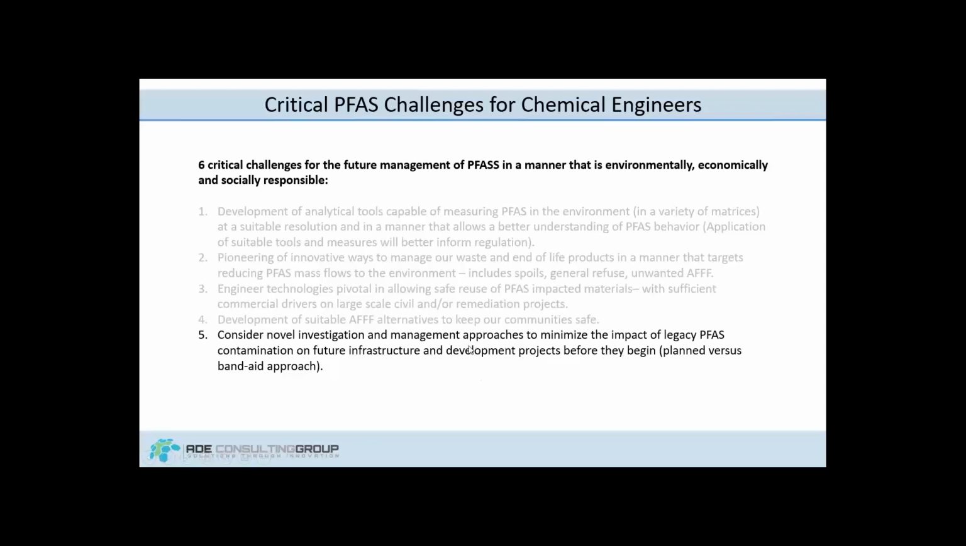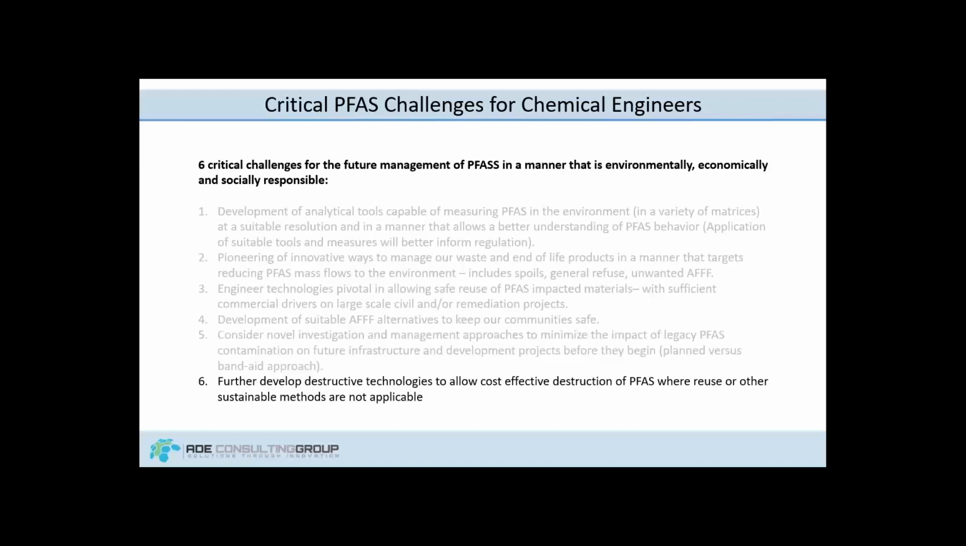We need to consider novel investigation and management approaches to minimize impacts on projects. So this is an upstream way of looking at PFAS management, basically rolling out the enviroengineering aspect of site assessment before doing design work and civil work, to make sure we aren't building bridges and tunnels up through the middle of PFAS contamination and then figuring out how to solve it after the fact, which typically ends up being more expensive and a regulatory nightmare. And then lastly,